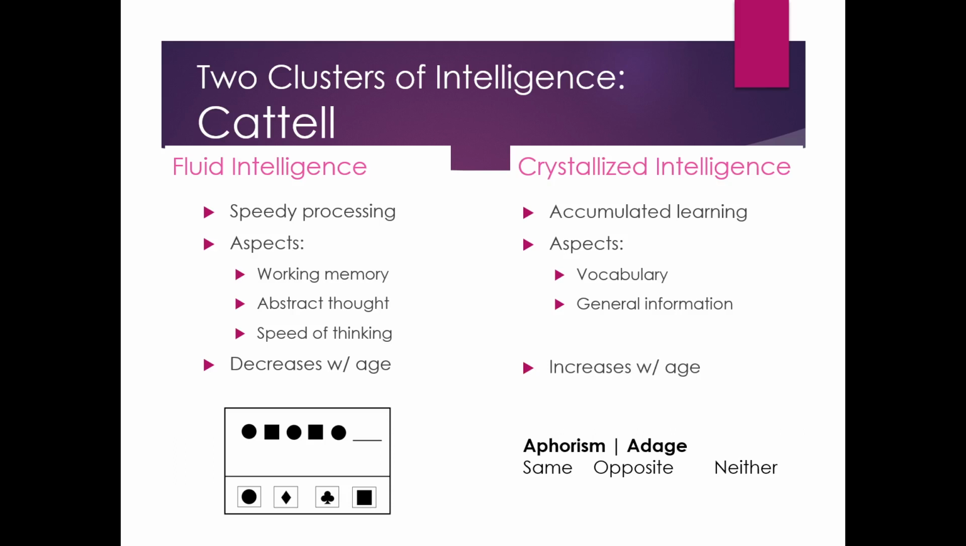Crystallized intelligence tends to increase with age, right? The older we are, the wider our vocabulary tends to be, the more general information we just have tucked away in our memories. And oftentimes it just blows younger people away because they're like, how do you know this stuff? And it's like, because I've lived a long time and seen a lot of things